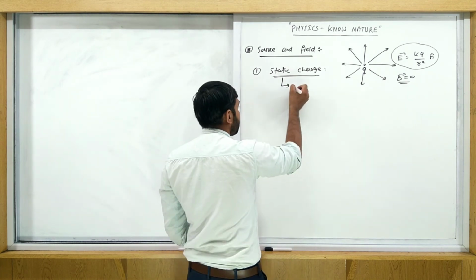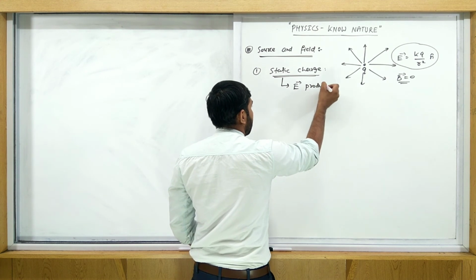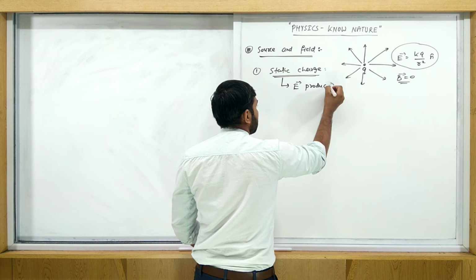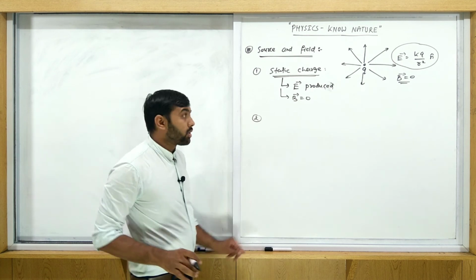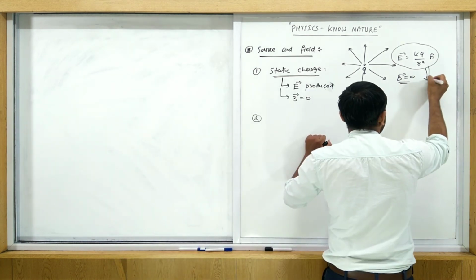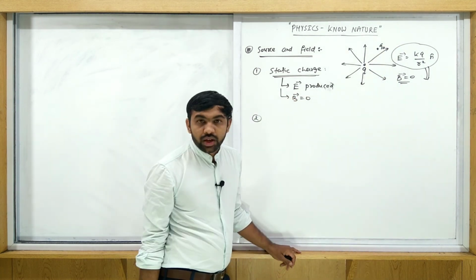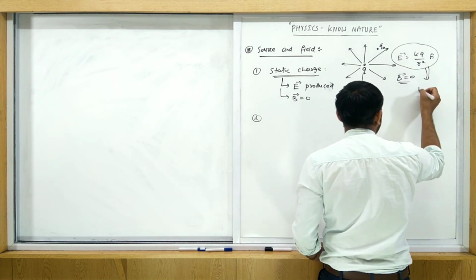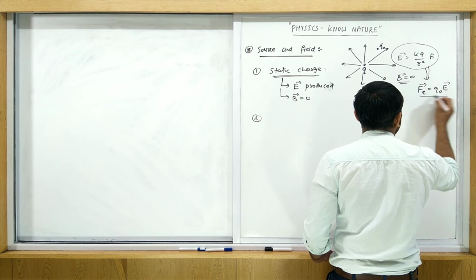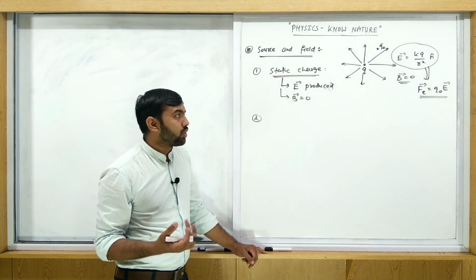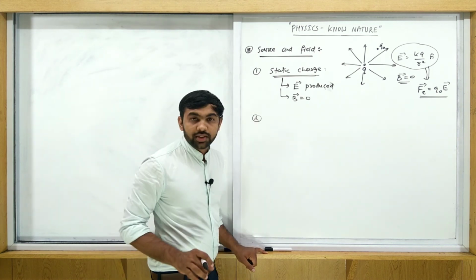Electric field is produced, but magnetic field is 0. Let's go to the second case. How much force is produced in this case? If in this surrounding I put any charge like Q naught, any test charge, then how much force is produced on it? So force due to electric field is given as Q naught E, or QE, simple. F is equal to QE. Thus, this is the force produced by the electric field. This is the simple equation as we study.